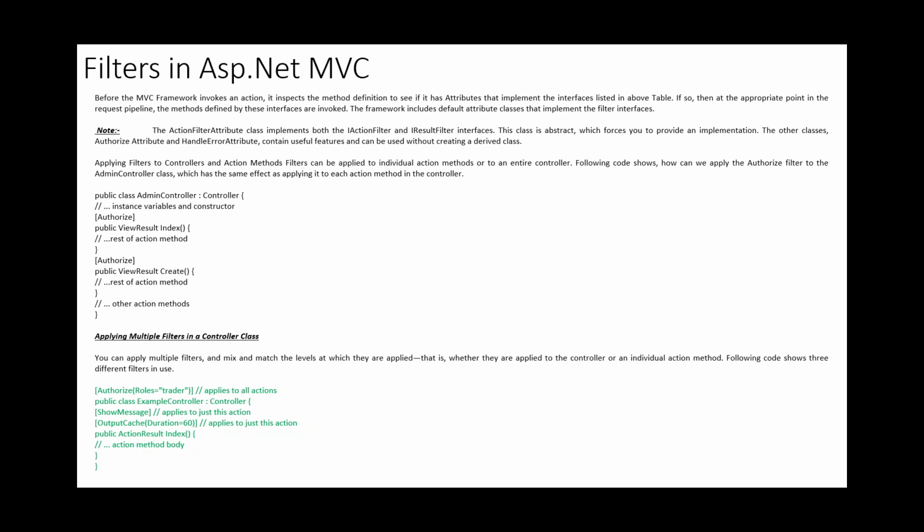Your college website supports many things, but as a student you cannot access all the pages. Those pages will be restricted for you. Same for your friends also. That does not depend on your name. That depends on your role. The role will be given in the applications. So based on the role we are giving, we are restricting the page level access or view level access, not for a particular person.